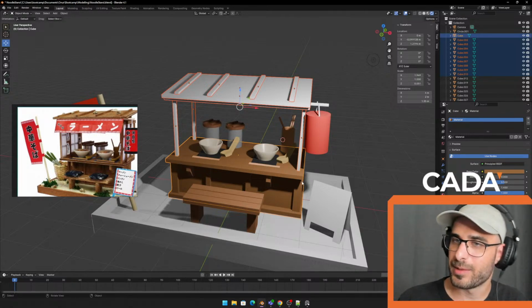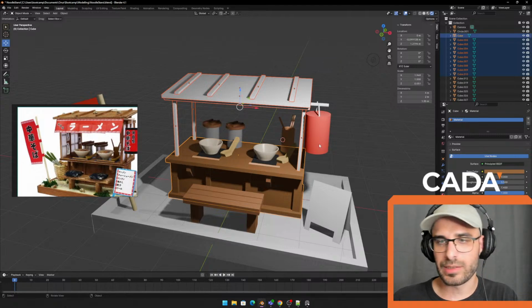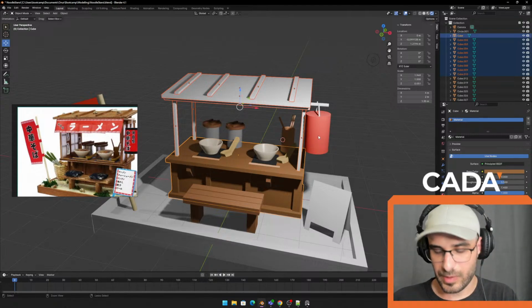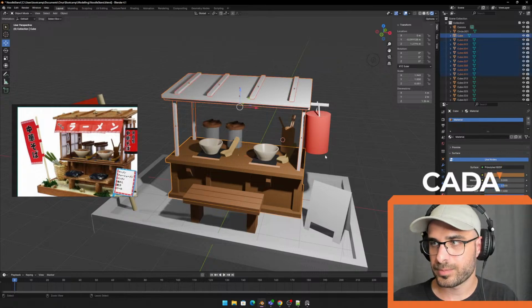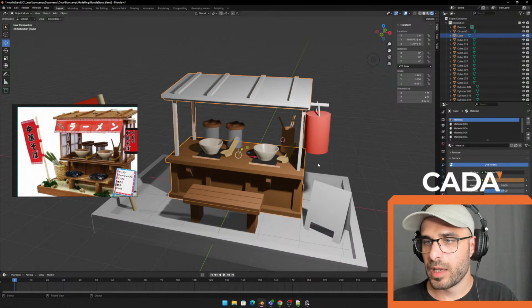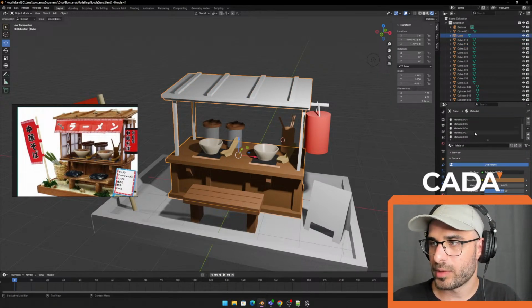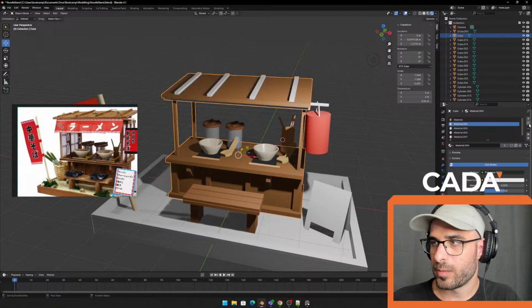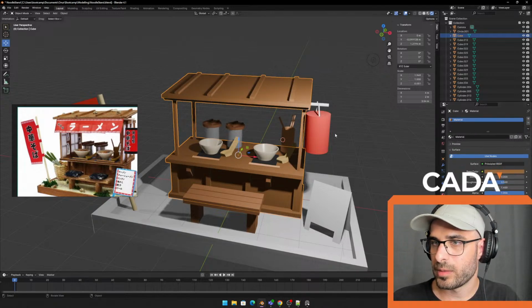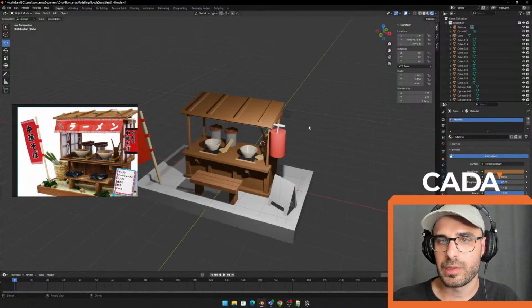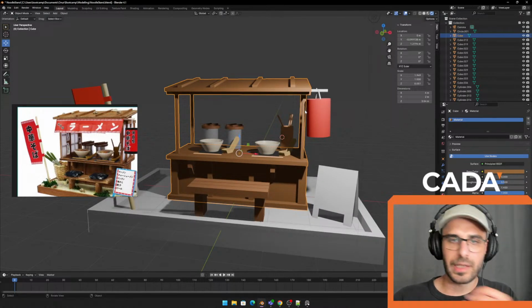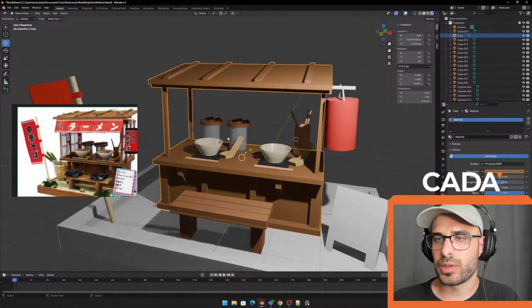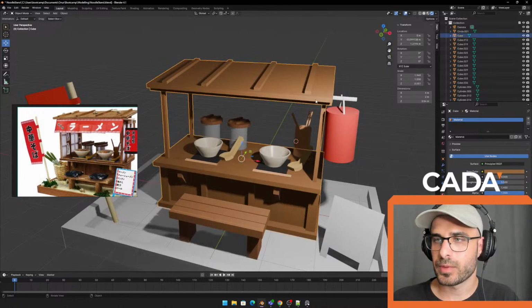If that makes sense. So the one you select last is kind of gonna become the parent of the other one. So, boom. And then right here we have a bunch of materials that are just white, and if we delete all those, then they'll just take on the other one. And now I feel like the roof is a little bit too dark compared to the rest. So what I'll do is